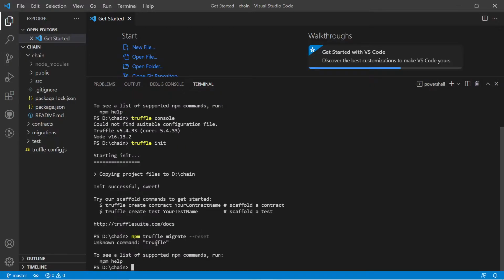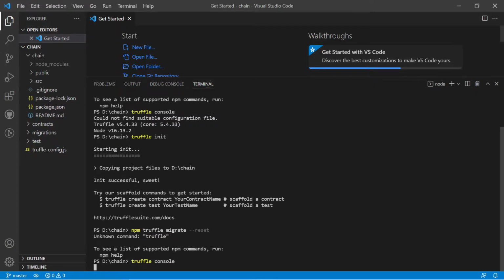It's saying unknown command truffle. So let me move inside truffle console. If this again gives some error, then I have one more thing to tell you, how to install the contract in this case, but it doesn't show any error.